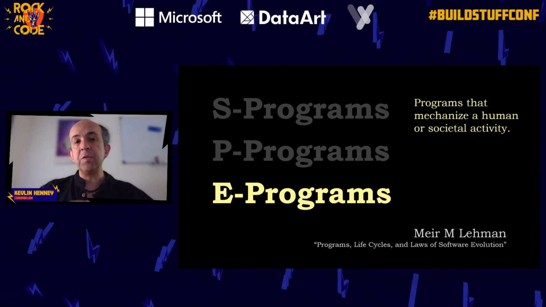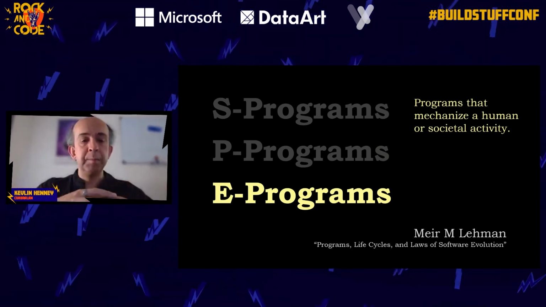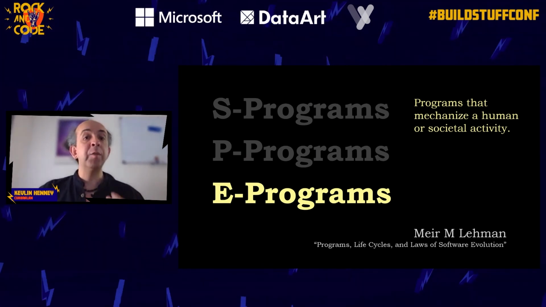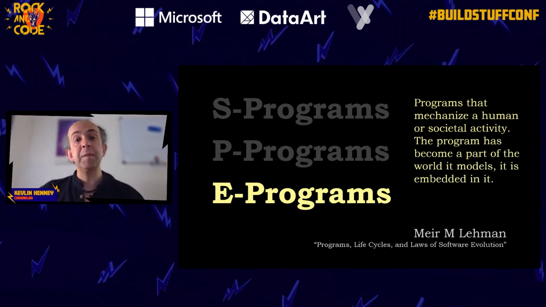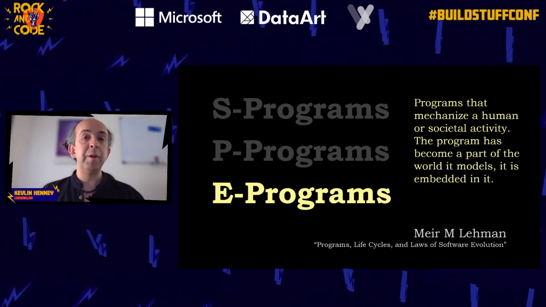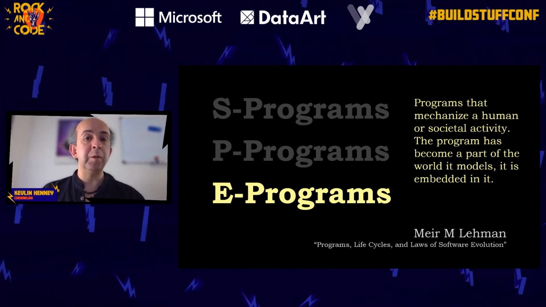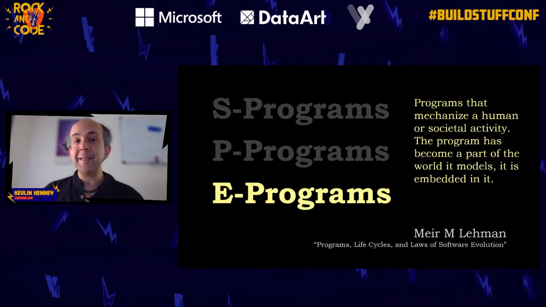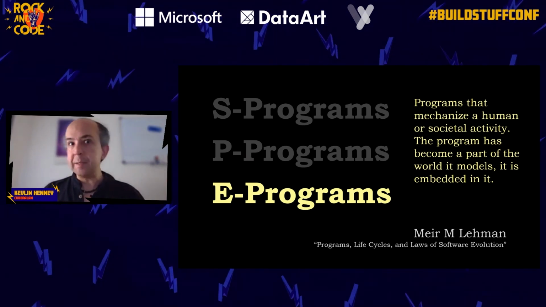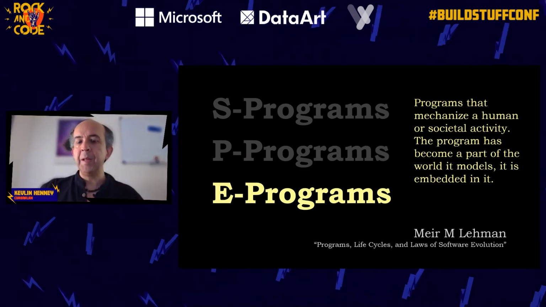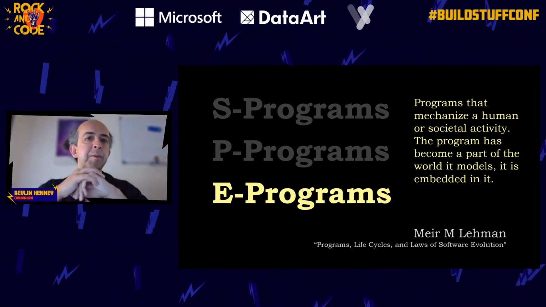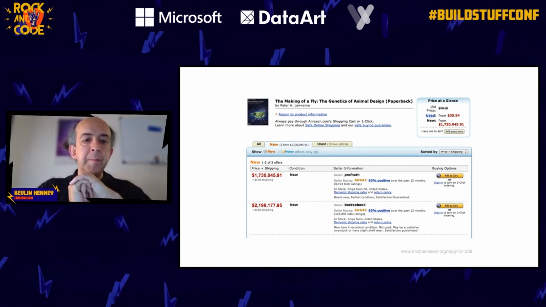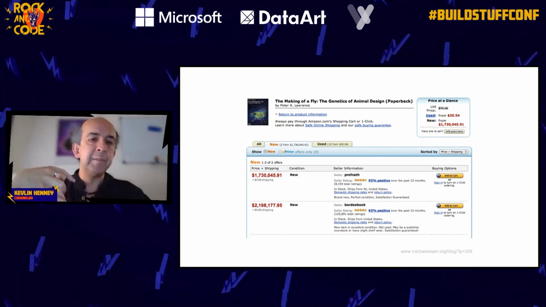But the one that's really interesting is when we throw that into the bigger world. When our systems have become part of the world that then feeds our systems. There's a feedback loop. The program has become part of the world it models. It is embedded in it. And most of our stuff these days is E-program class. Back in 1980, less so. So we can see a really simple example of this, and understand the risks and assumptions here, taken from an example from 2011.